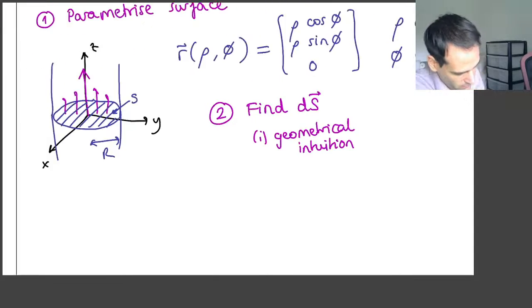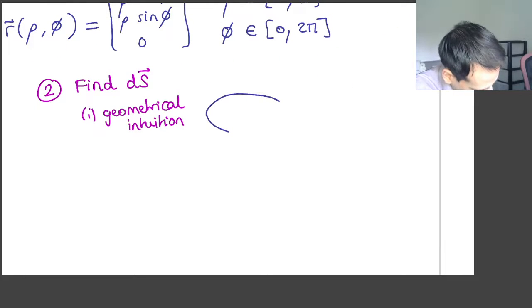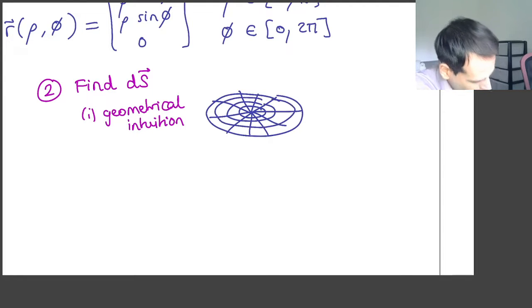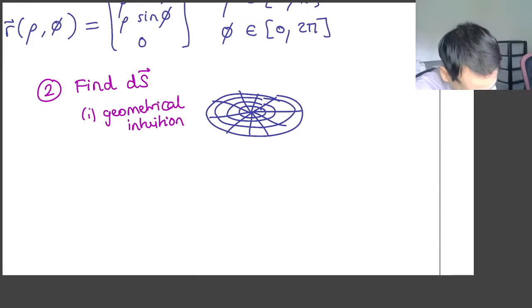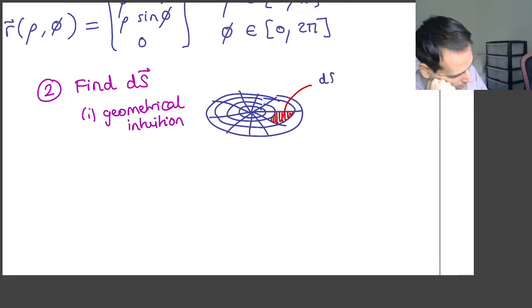So the ds of this circle, if I try to draw it here, we have this surface here, which is parameterized by the radius and by the angle. So this is the mesh that we're creating, right? So one of these ds's is the same ds as in polar coordinates, when we use polar coordinates, yeah? So I know that the length of ds, the scalar ds, is equal to rho